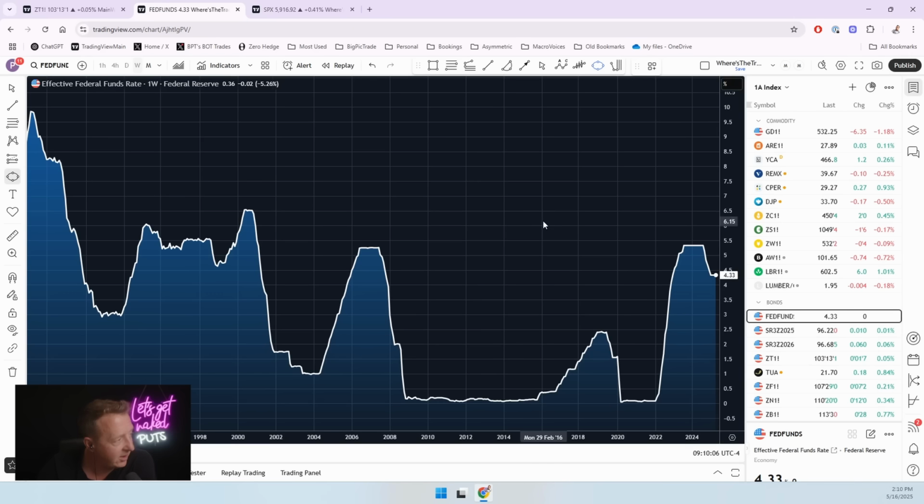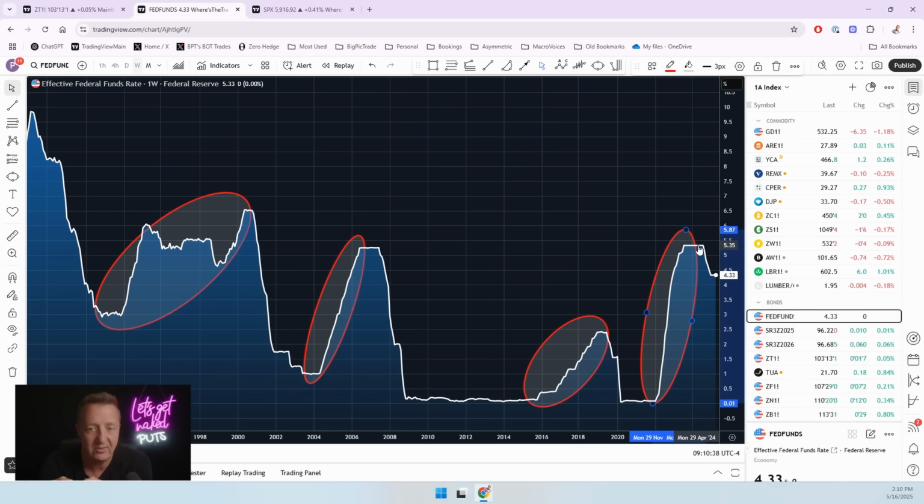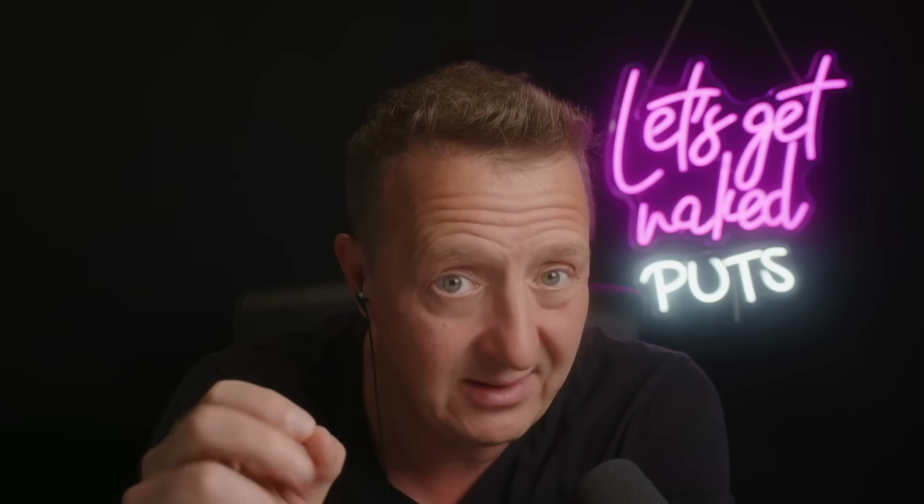When looking at this chart here, I have the effective federal funds rate, which is controlled by the Federal Reserve. And what you see is that prior to each one of the market crashes was a period where they tightened monetary policy, which is they raised interest rates, making credit hard and expensive to access, dropping liquidity and money supply growth. Each one of these scenarios leads to a tightening of conditions, which basically bursts the bubble and ultimately creates that distribution cycle.